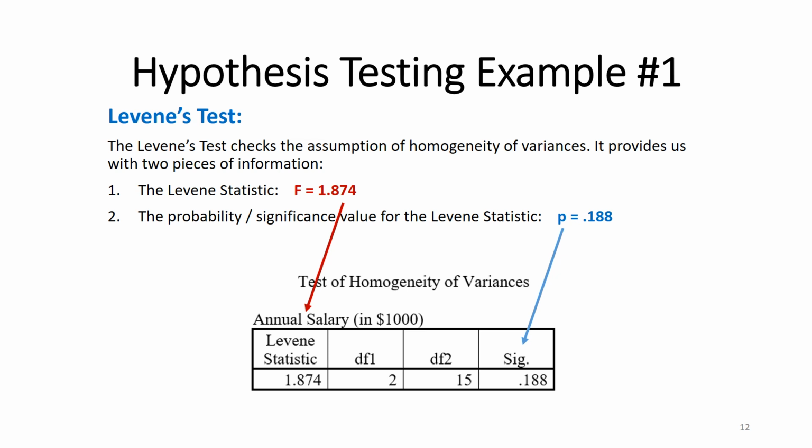So we see a Levene statistic of 1.874. However, most of us are not going to be able to look at that Levene statistic, or that F that's right there, and know whether or not we can assume equal variances. What we need to look at for Levene's test is the p-value for that Levene statistic. In blue, you'll notice that's what I have pointed out, the p of